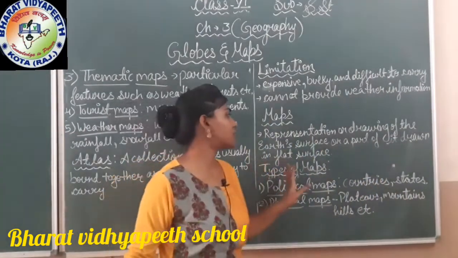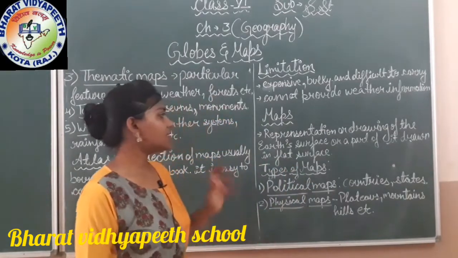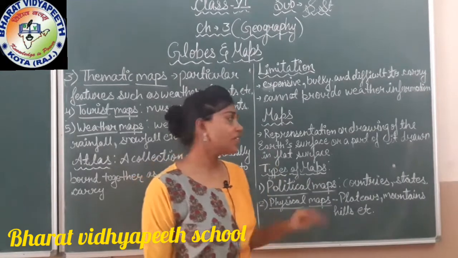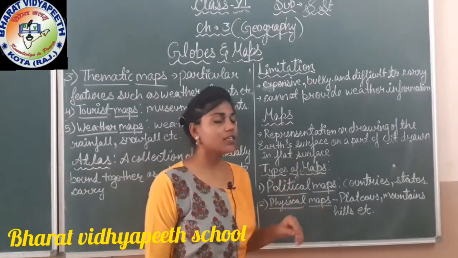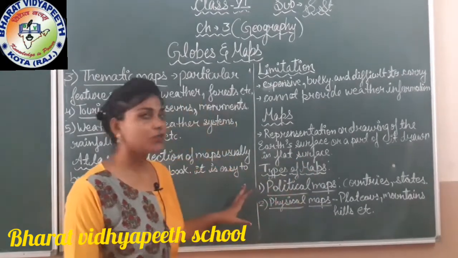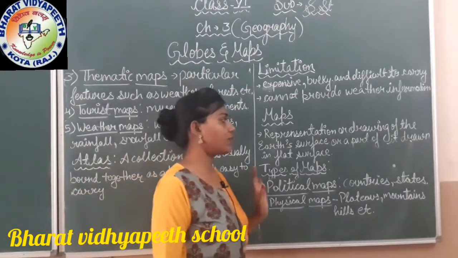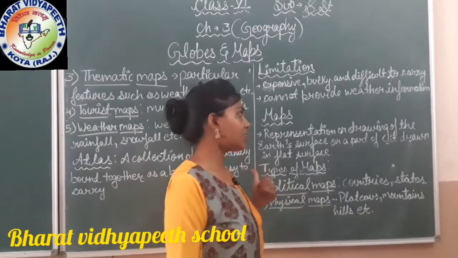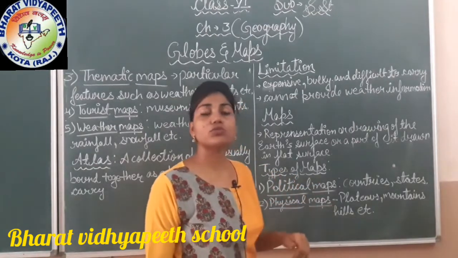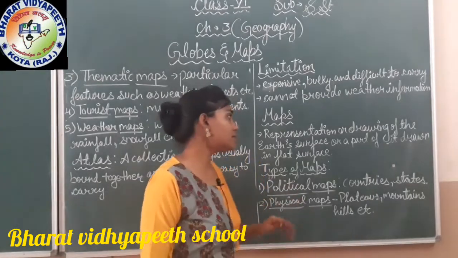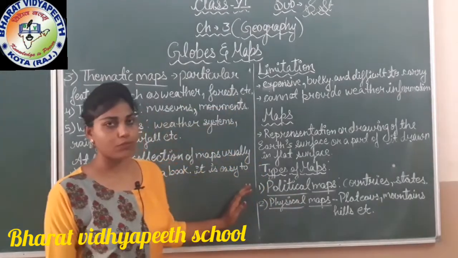Maps are the representation of the earth's surface on a flat surface. From a map we can get information about what lands are there and which types of lands are there. Other than a globe, we can use maps to locate and see the different areas, different countries and different states in a simple, easy form to understand.